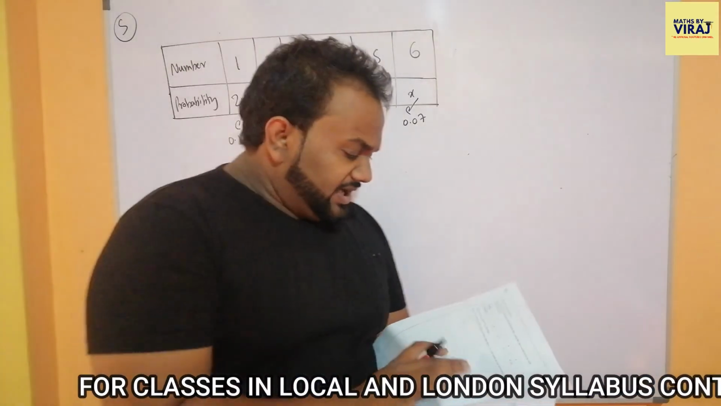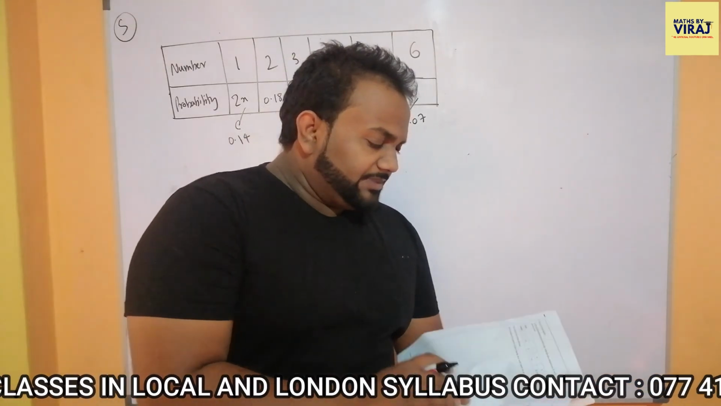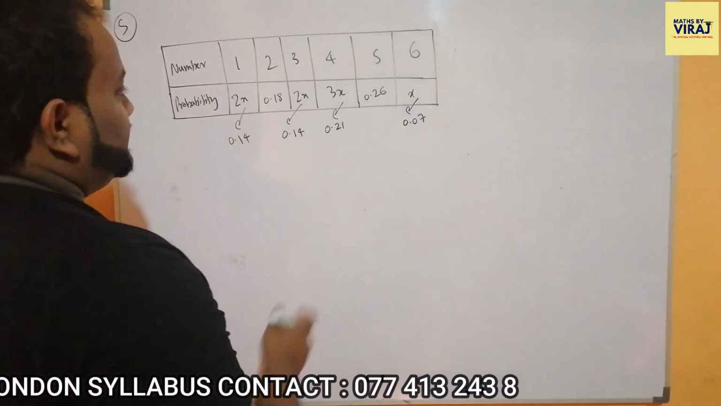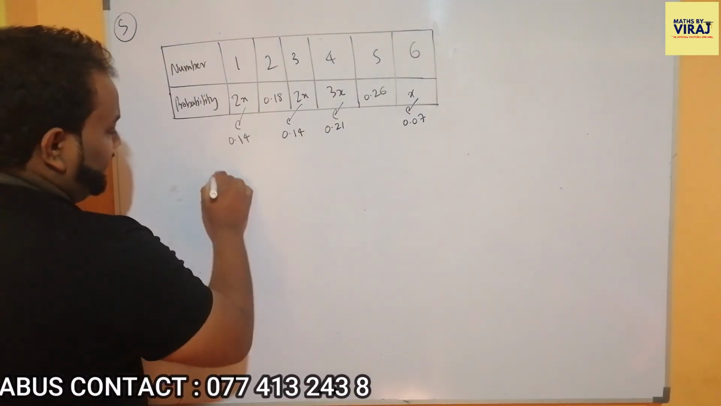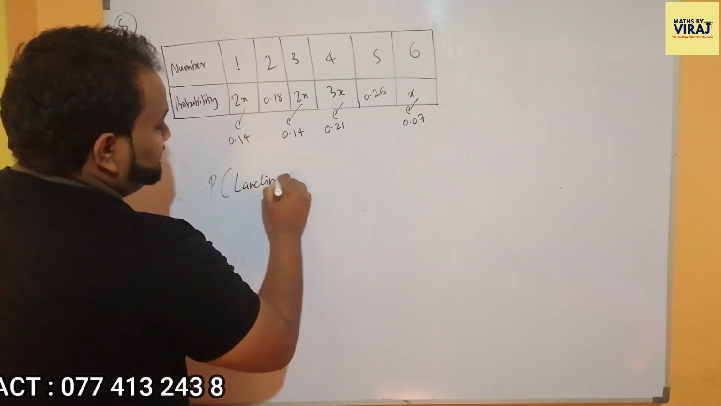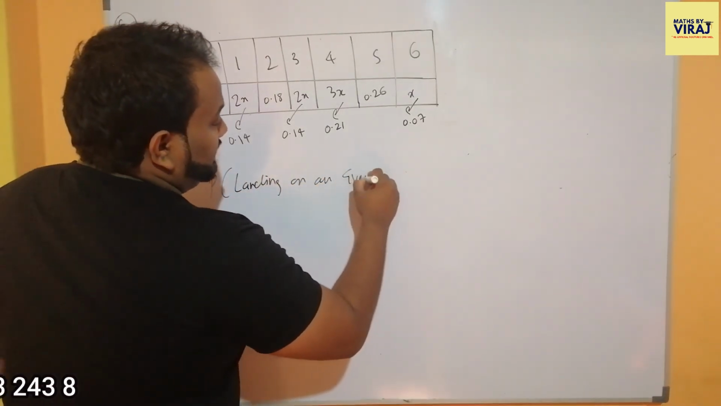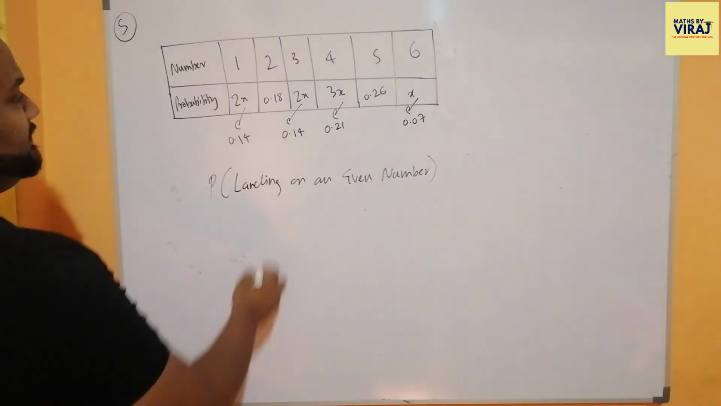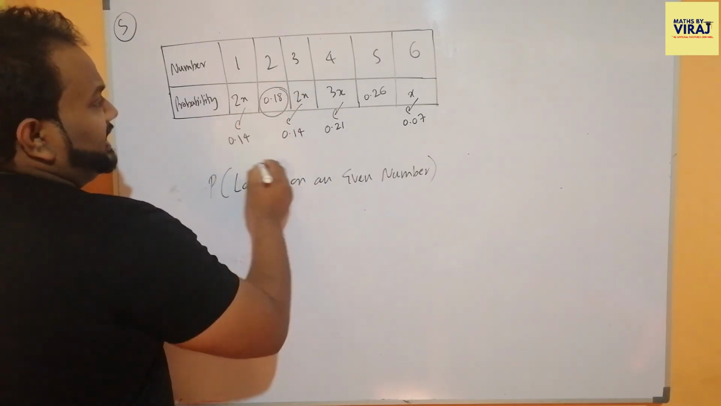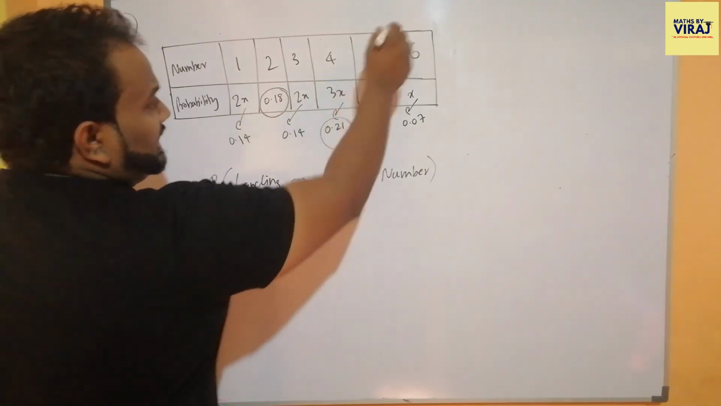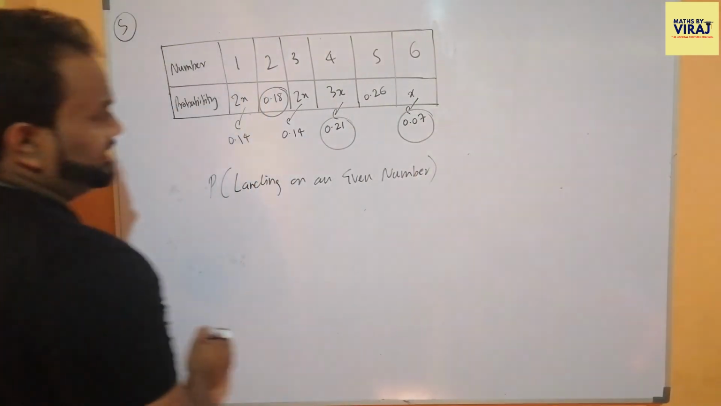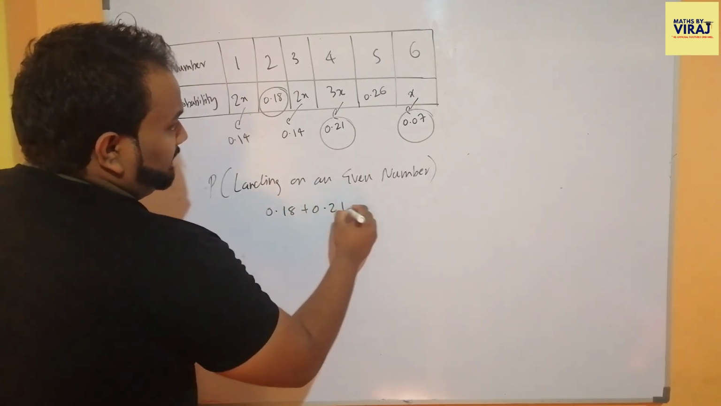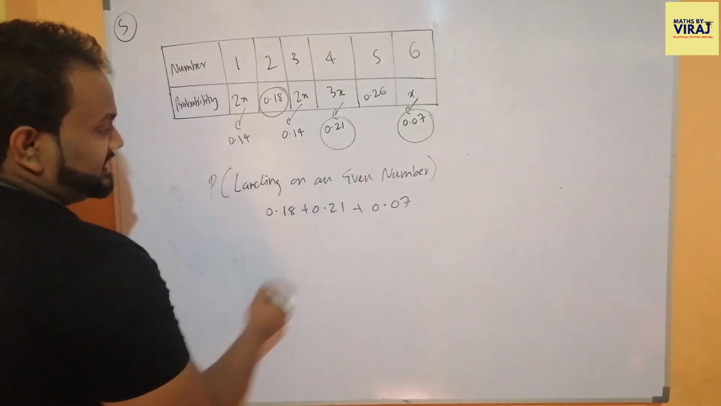Children, the question asks, work out an estimate for the number of times that the dice will land on an even number. So, what are the probabilities of the dice landing on an even number? Landing on 2 is 0.18, landing on 4 is 0.21, landing on 6 is 0.07. Therefore, what is the probability? 0.18 plus 0.21 plus 0.07, which gives us the value as